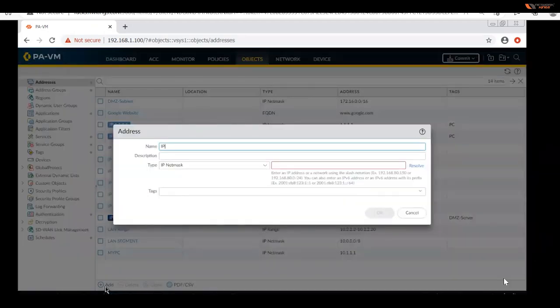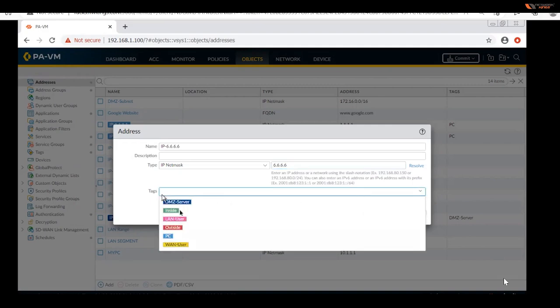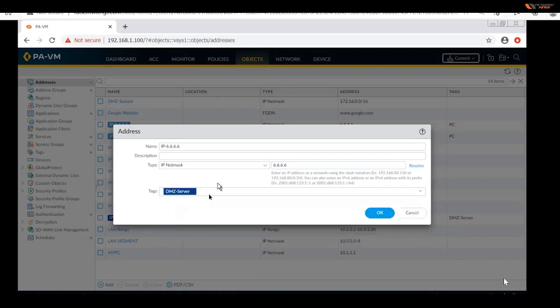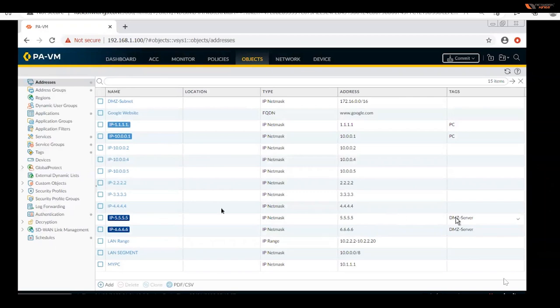I'm going to create one more IP and give it the name 6.6.6, and I'm going to give the IP address 6.6.6, and I want to give the tag DMG server. So what is a tag? It's just a color. I've just given a name to this object. I have created the two objects and tagged them with DMG server. That's it. So if I come to the address group,